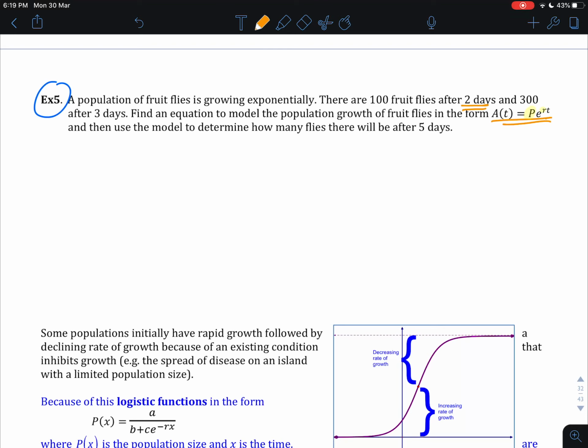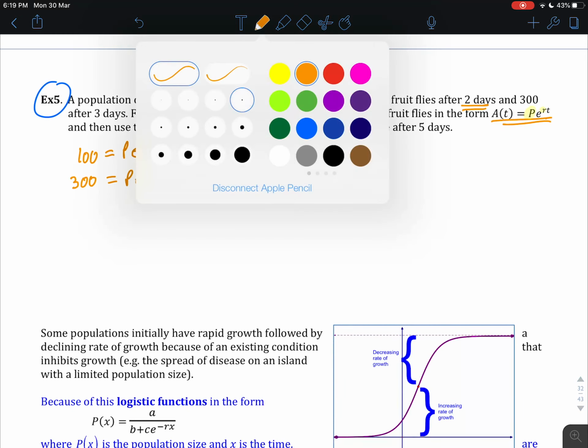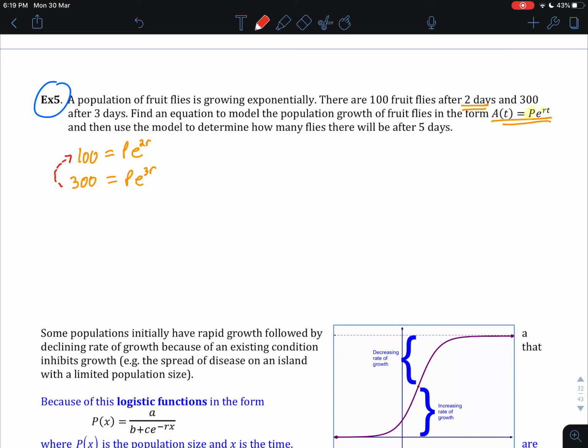I know that there are 100 fruit flies after 2 days, and so 100 is equal to p e to the power of 2r, and so 2 being time. My second equation, 300, is equal to p e to the power of 3r, and that's going to be after 3 days. If I divide those two equations by each other, and so I'm going to divide the second equation by the first equation, I will get 3 is equal to e to the power of r,